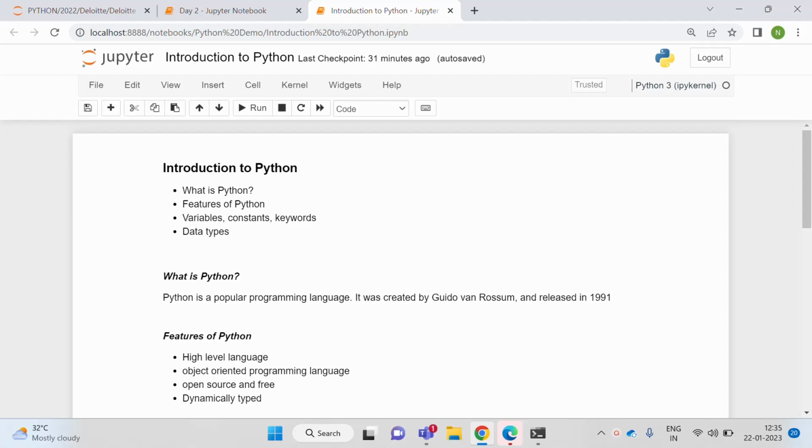And about features of Python, Python is a high-level language. That means we can write codes in a simple English language. So it is easily understandable and it is easy to write the codes. It is easy to maintain the codes and easy to learn. Okay, and Python is an object-oriented programming language. So object-oriented programming is a programming paradigm that uses objects and classes in programming. And Python is open source, so we can write Python codes on any platform, Windows or Mac or Linux, and